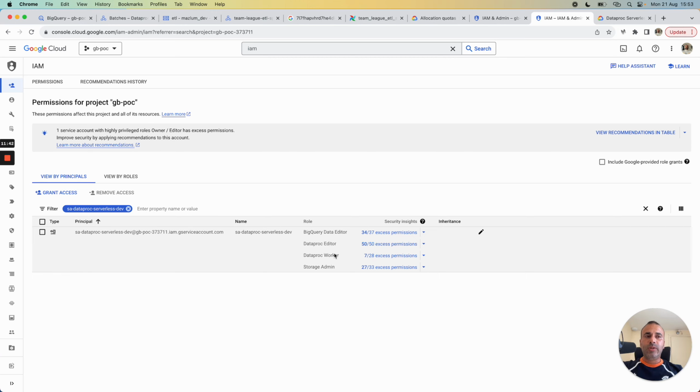But to be more secure and use the least privilege principle with fine-grained privileges, we can create a custom role and add only the expected permissions in the custom role in order to give only the needed privileges for our service account.